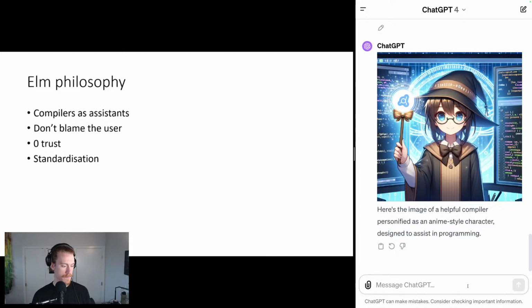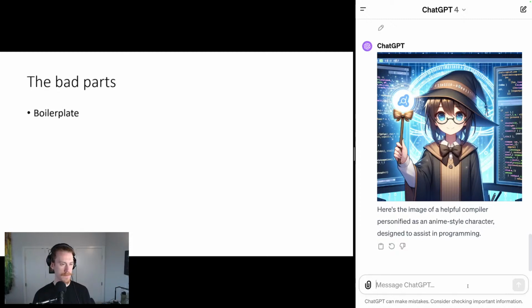And as any language, it has some pros and cons. And I would like to start with the cons. So one of the bad parts of using Elm is that Elm tends to have a lot of boilerplate. There's a lot of stuff where languages like Haskell, which are also functional, have really elegant syntax to do this. Because Elm wants to do this standardization part, you will sometimes have to write more different instances of the same function, or write a similar function